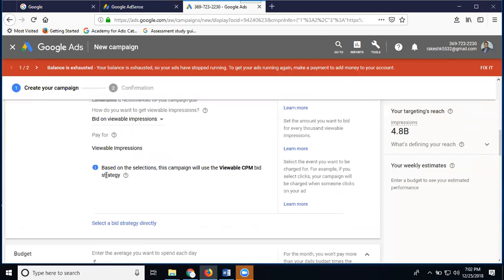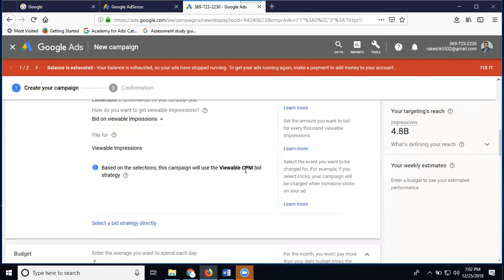Based on the selection, this campaign will be visible CPM. What's called cost per mile, and cost per mile is nothing but cost per 1000 impressions. When getting 1000 impressions, they will be charged. That is called cost per mile.